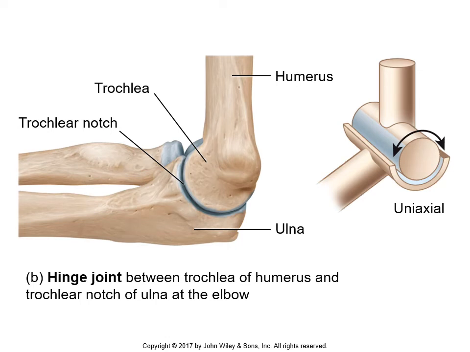Hinge joints literally act just like the hinge of a door. The hinge of a door only permits that door to move so far in one direction and so far in the opposite direction. It moves around that one hinge. Same exact thing inside of the body. The elbow is a